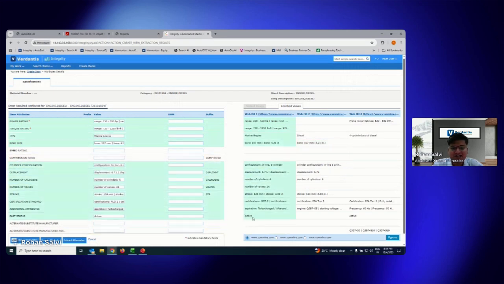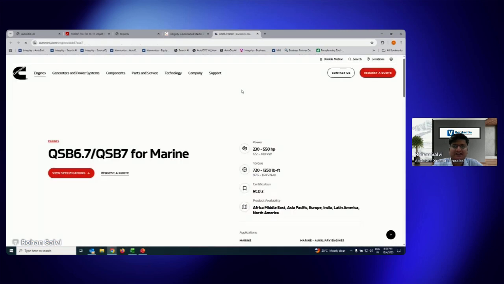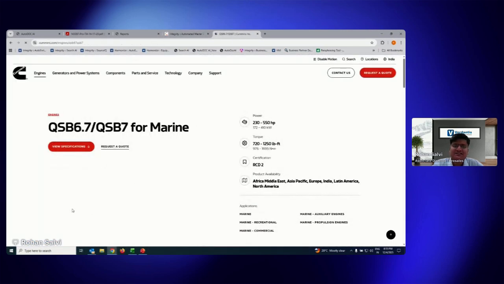You notice that it has also identified that it is an active part. So it also gives us an indication whether the part is active or has been discontinued. And this is what gets leveraged in OpsoCheck AI, where it performs a real-time check if the part is active, obsolete, or discontinued in the market. Once these details are all filled, it is all coming from a source of information, which could be the manufacturer's catalog. Let me quickly click on it. It's all coming from the manufacturer's catalog where these details are listed.